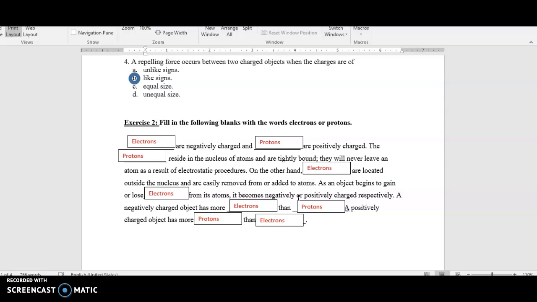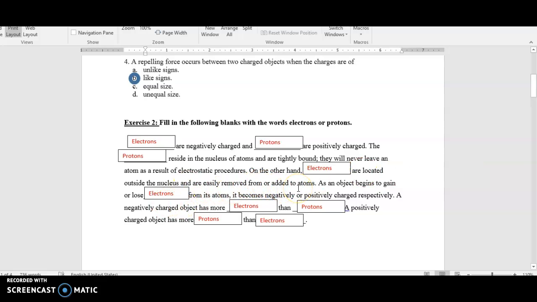There are other processes that force the protons to come out of the nucleus, and these are known as the nuclear bombs and such. So this is not related to our lesson, but electrostatically protons cannot leave the nucleus and be gained or lost by the atoms. On the other hand, electrons are located outside the nucleus and are easily removed from or